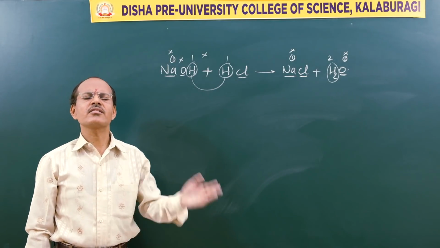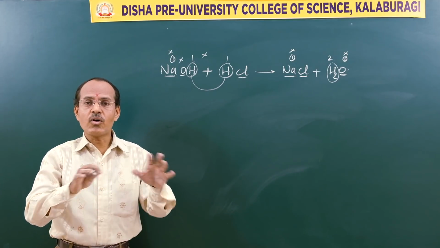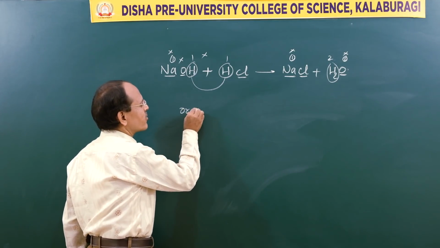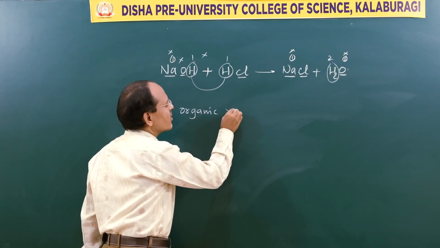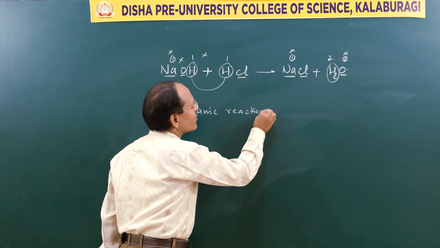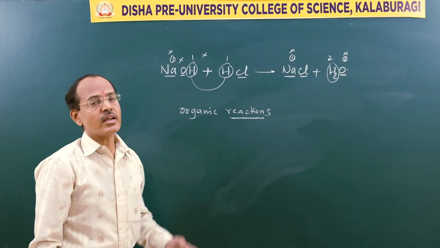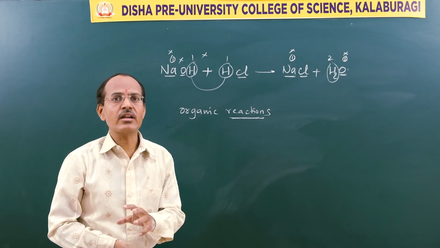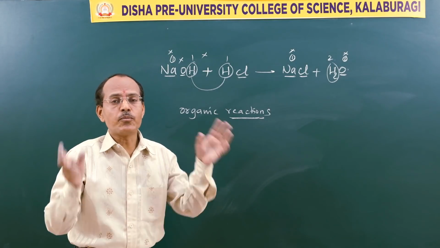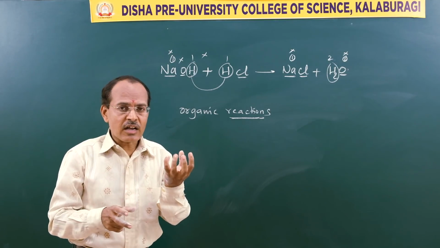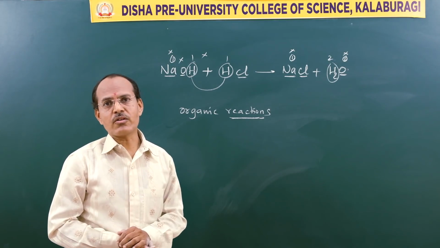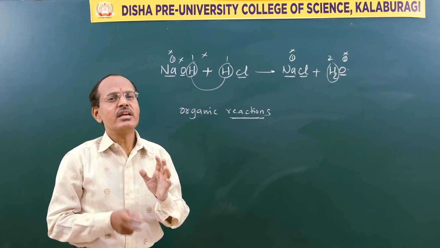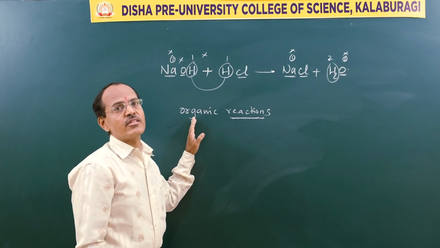That means there are some reactions which are automatically balanced, particularly organic reactions. Organic reactions are generally balanced. Why? It is because there the molecules are involved, not the ions. If ions are involved, then the combination will be different. If molecules are involved, then they are coming together in the form of molecules. So therefore, in organic reactions it is sometimes not much difficult to balance.